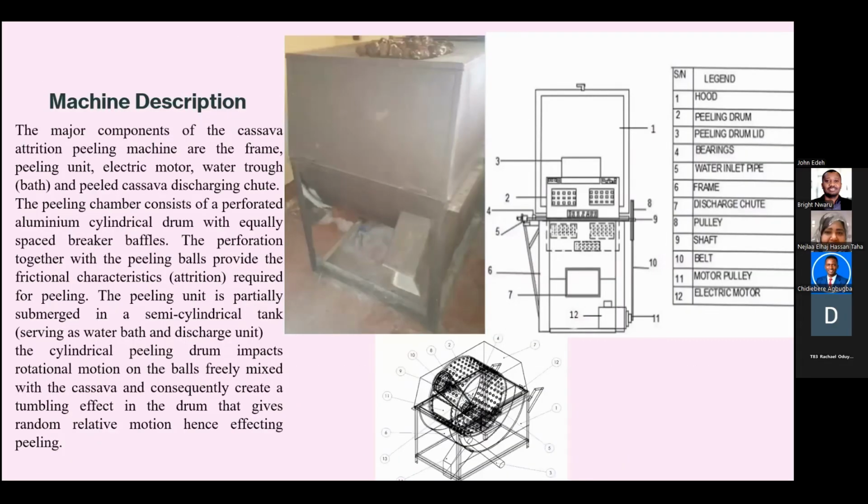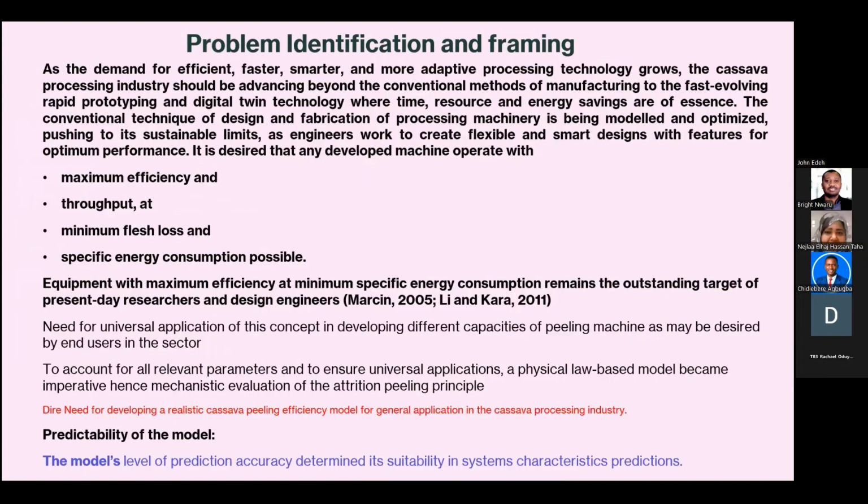determine the shape of these balls and the number of the balls, with the weight of tubers that is loaded, to guarantee efficient peeling. So this machine was actually developed and tested and optimized using the response surface approach, and we discovered that it is actually working. And then we still have the problem of replicability,